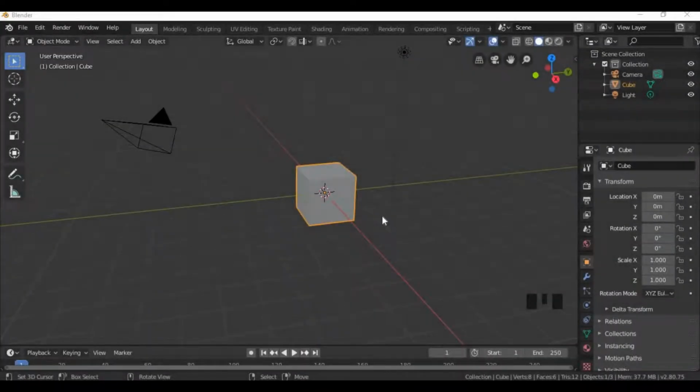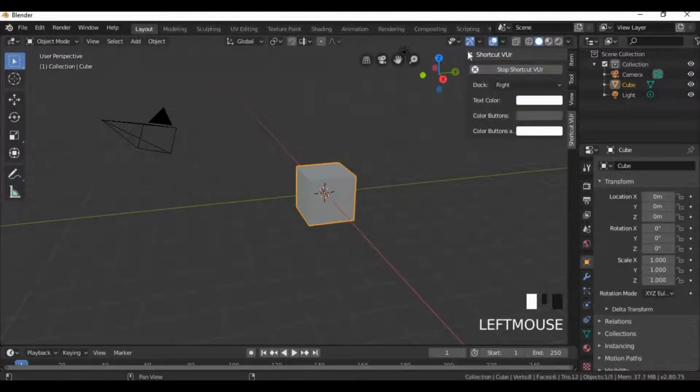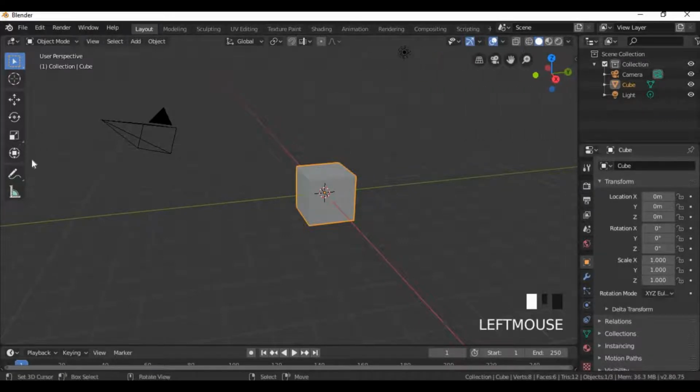Alright, so go ahead and start up a new Blender project. I have my shortcut viewer here set up so you can see what I'm doing down here on this bottom corner. And the only thing that I want to note before we get started is